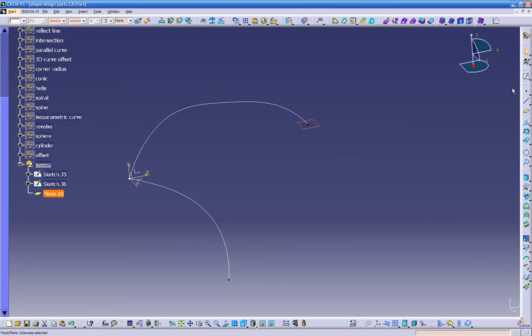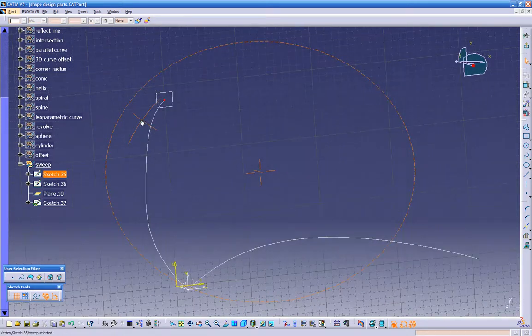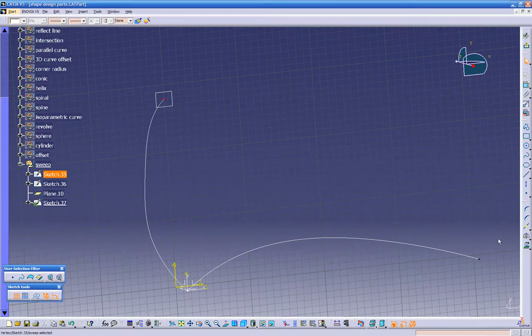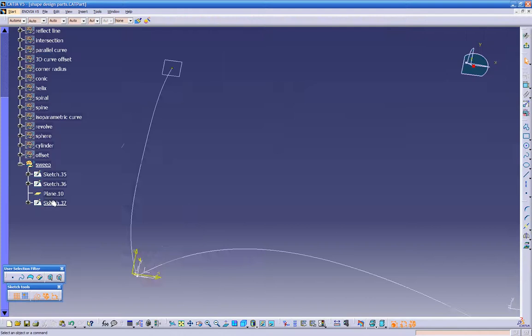Now let's create another sketch over here. Actually I want to create it right at the end of this point. So what I'm going to do, because I don't have this point in here, I'm just going to click on this point and I'm going to project it into my view using this project 3D elements. But first of all, I want to make sure that I turn this on, because I just need the point for the construction element only. So now I got my point in there. If I get out of the sketch, I got nothing in there, but there is a point. So I'm gonna just double click,